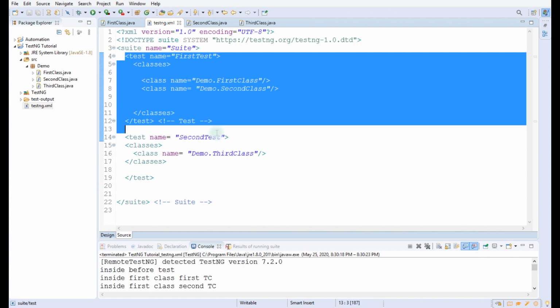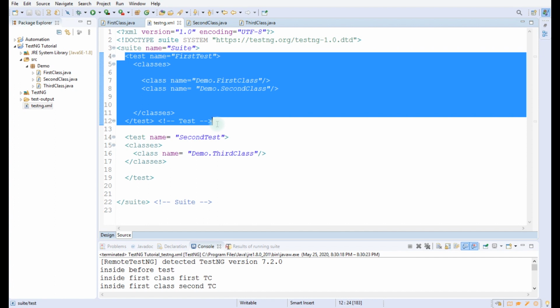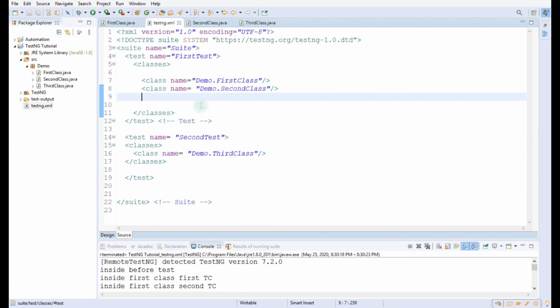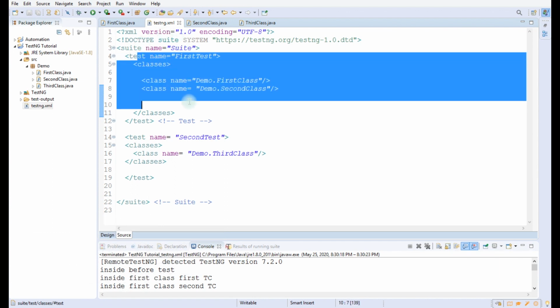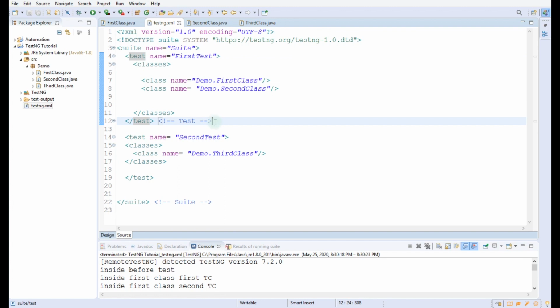So if someone asks you what the behavior of before test is, then we have to go to the TestNG XML and see in which class the before test annotation method is used. Before the execution of that test, the before test will be executed.